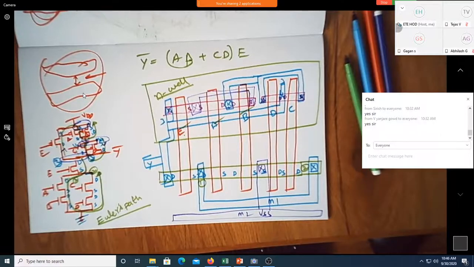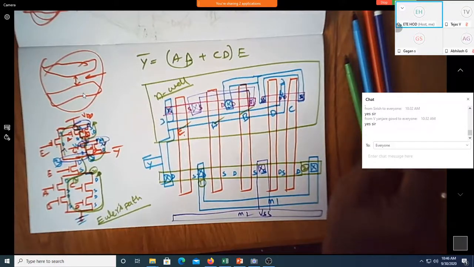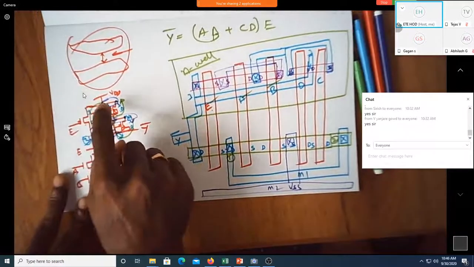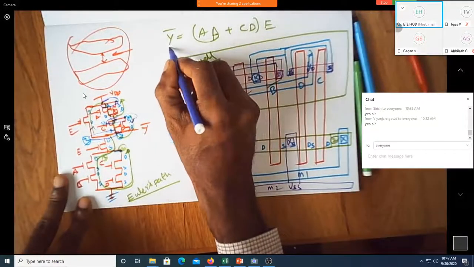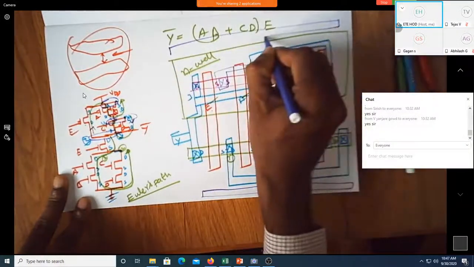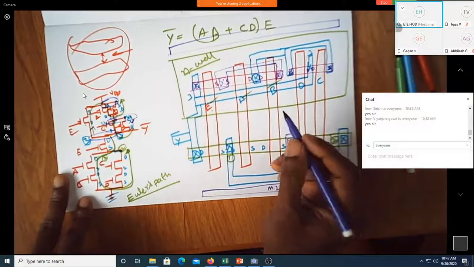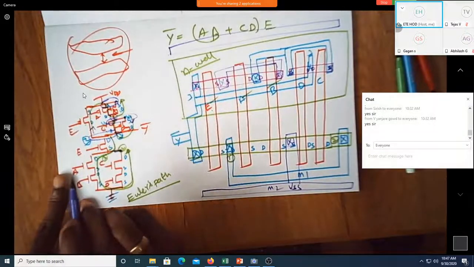Are you all there with me or lost? Of course. Okay. Which is the VDD connection now? The VDD connection out of this, because it should go to VDD. So I should have one more metal line. Yes, sir, one more metal line for VDD. It should go where? Which is the source point?